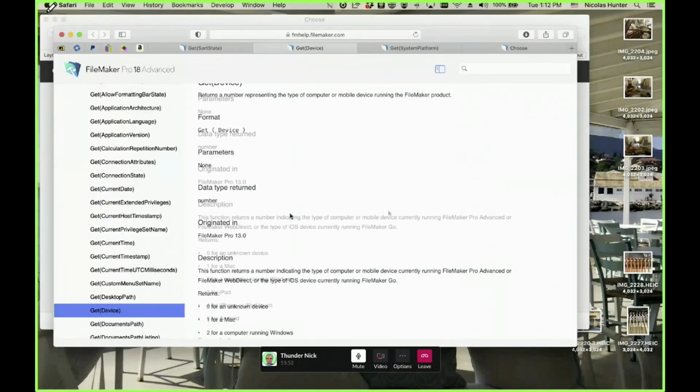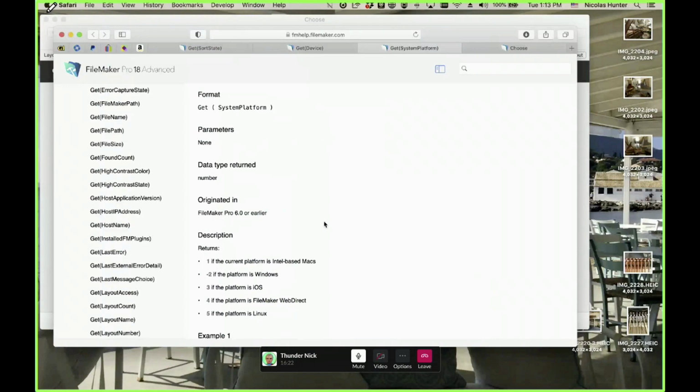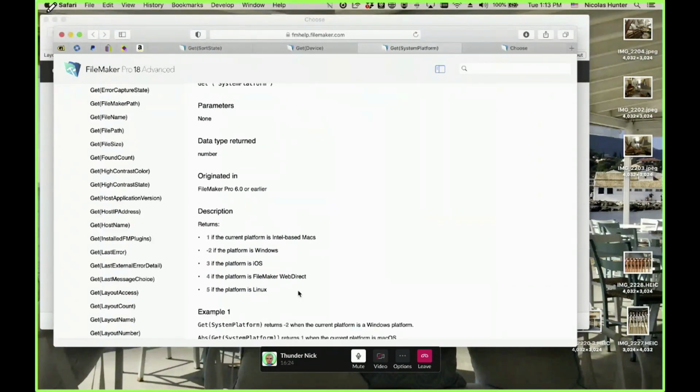Sorry, my bad. Then we have another one that is interesting that I use a lot, which is Get(SystemPlatform). Of course, FileMaker made everything complicated for us to make sure that nothing is easy. They have this -2 in the middle, and that is because this also comes from 6.0 and earlier. Back in the day, we had the Intel-based Macintosh, the PowerPC Macintosh, and the Motorola Macintosh.